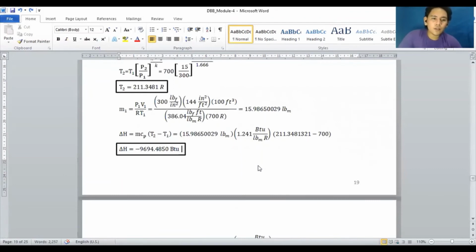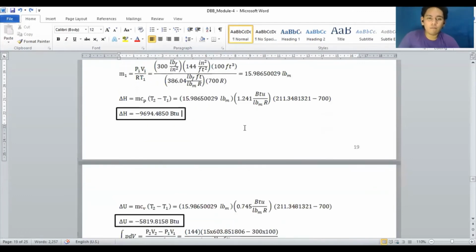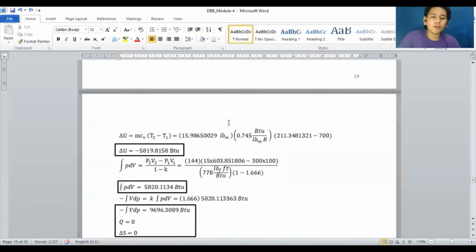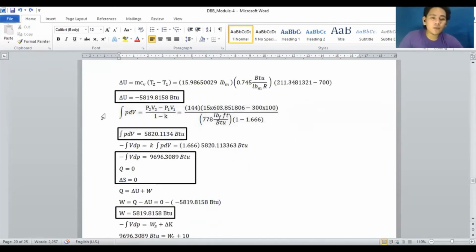Okay. So now, the delta H yields negative 9694.4850 BTU. Now, your change in internal energy, which is MCV delta T, yields a negative 5,890.8158 BTU. Now, for your work non-flow, which is P2V2 minus P1V1 all over 1 minus K,